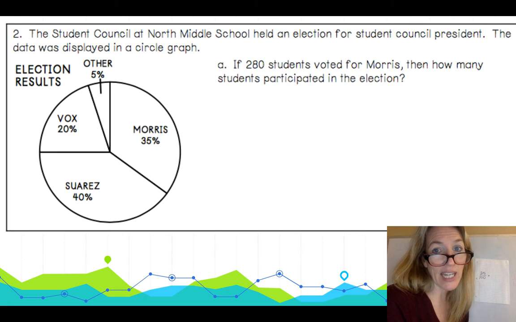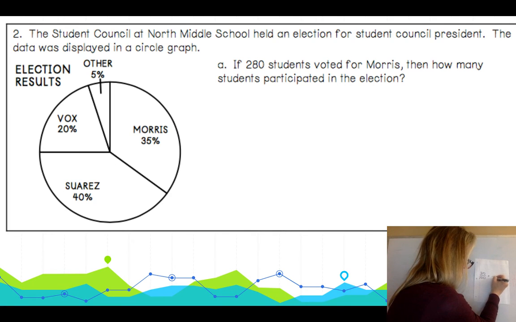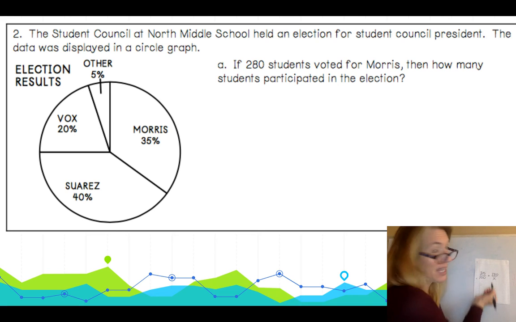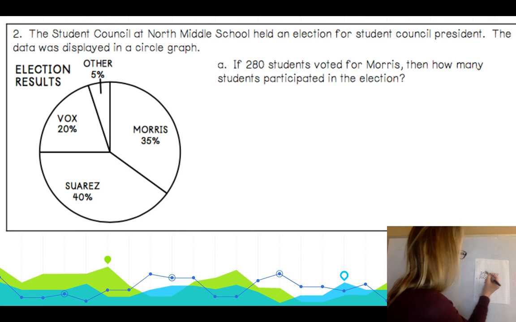If 280 students voted for Morris, so we know how many people voted for Morris, and we want to know how many were voting total. So the total amount is what we don't know, and we do know that 280 voted for Morris. So I can set up a proportion just like this. I'm going to use my strategy of cross multiplying and dividing just like I did in the other example,